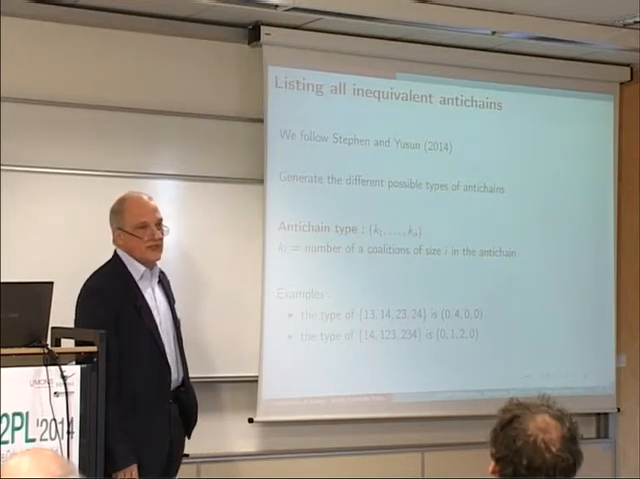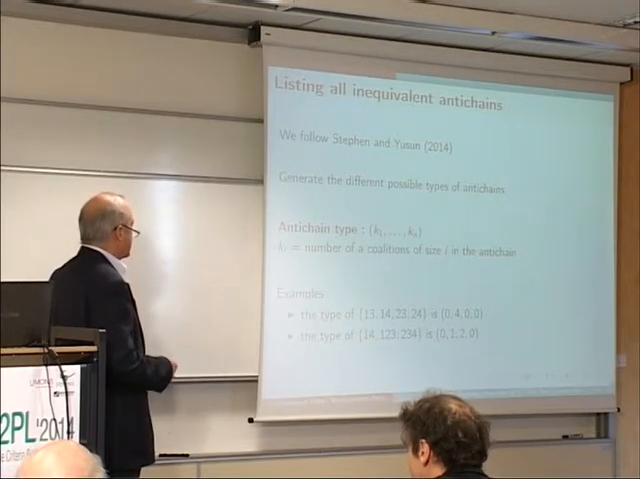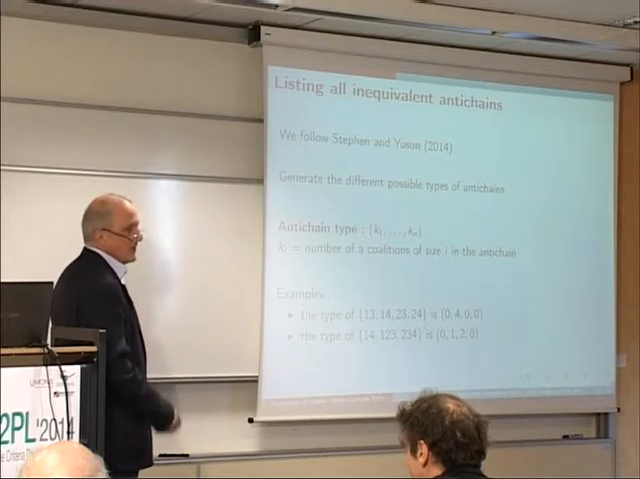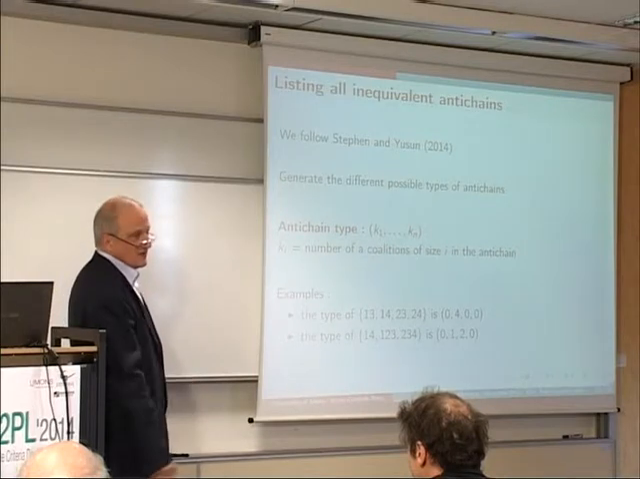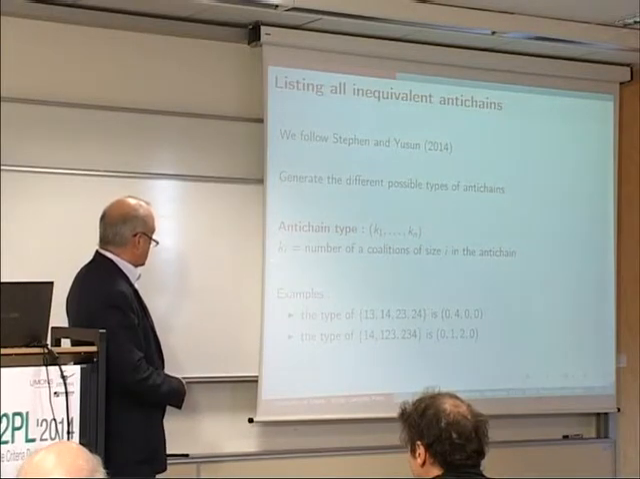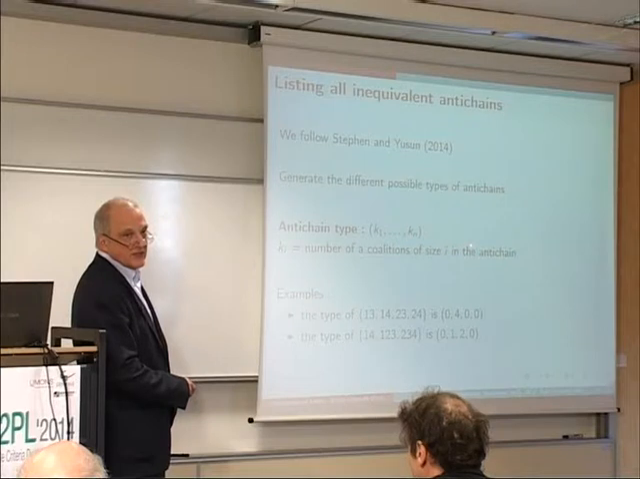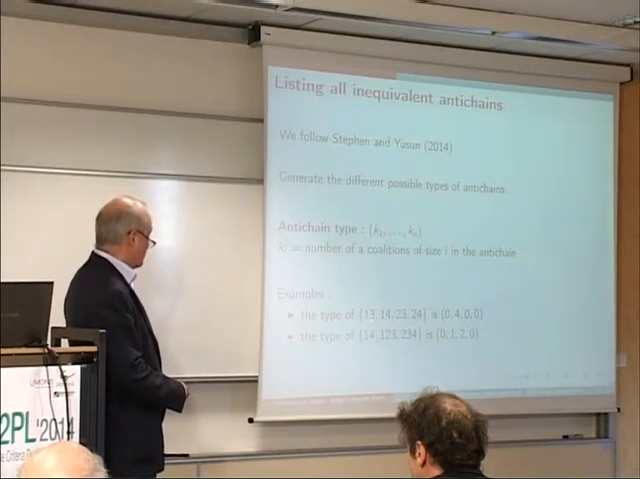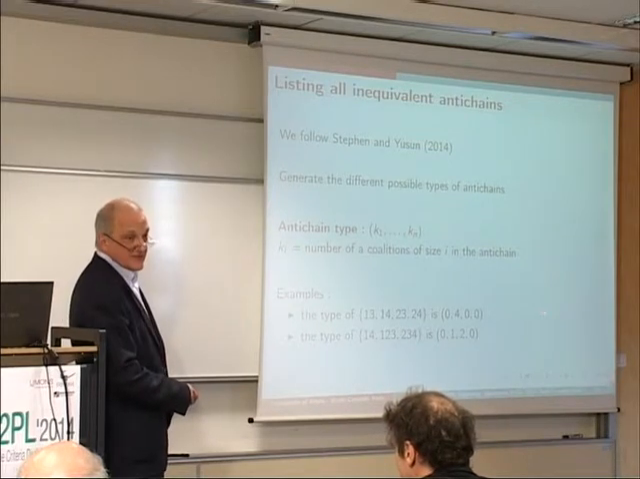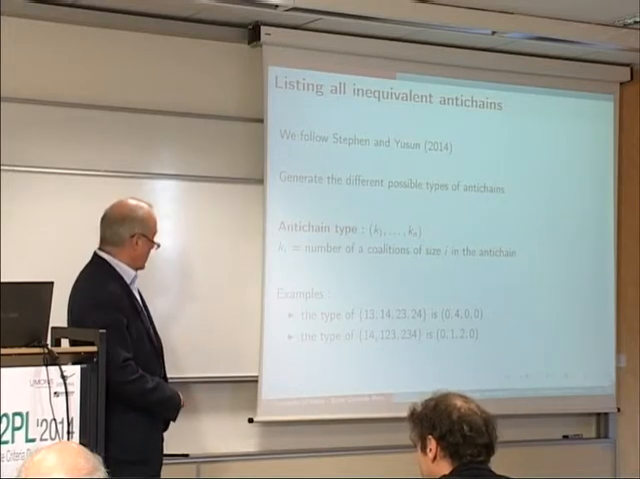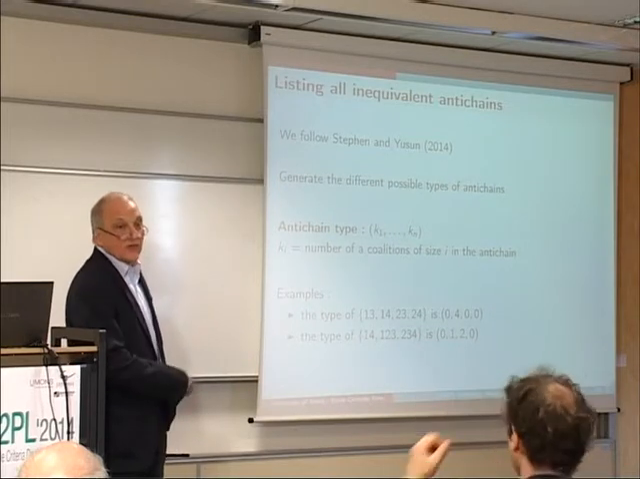So how shall we list all these things? The classical idea is to list first the different types of anti-chains. The type of an anti-chain can be described by a vector in which you just state how many coalitions of size i there are in the anti-chain. So for instance, the type of this anti-chain is 0, 4, 0, 0 because there are 4 pairs. And the type of this one, there is 1 pair and 2 triples, is 0, 1, 2, 0. Of course, not all